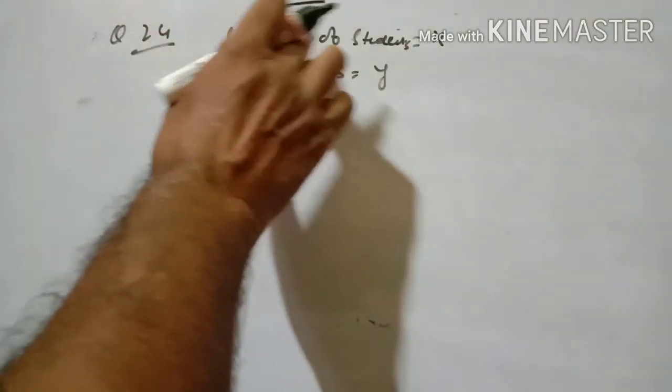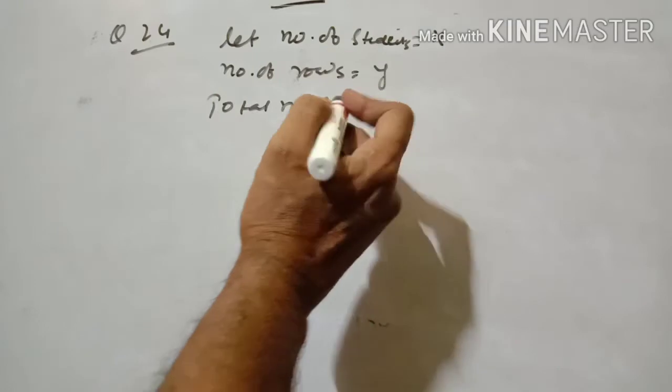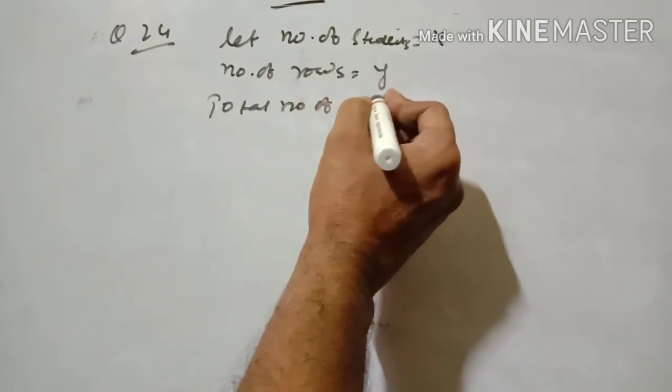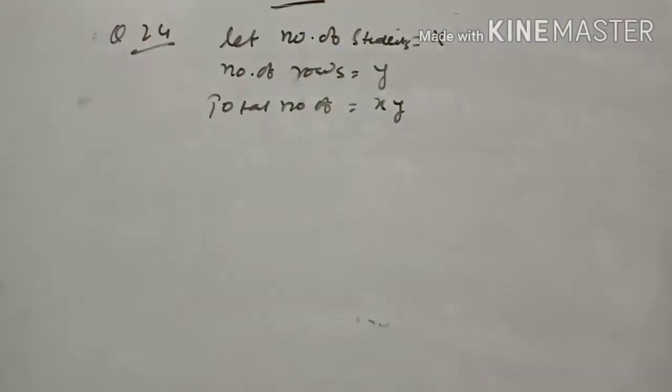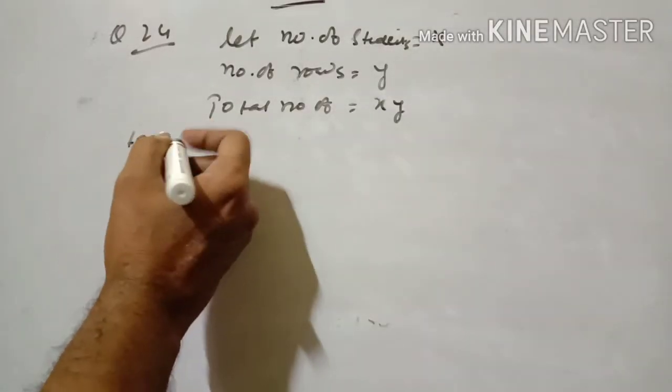So let the number of students be x and the number of rows be y. Total number of students equals what? As we know, number of rows times number of students means x into y, xy. So first case, it is given that